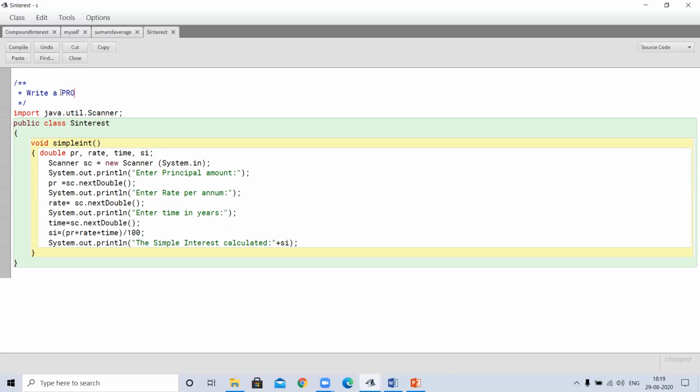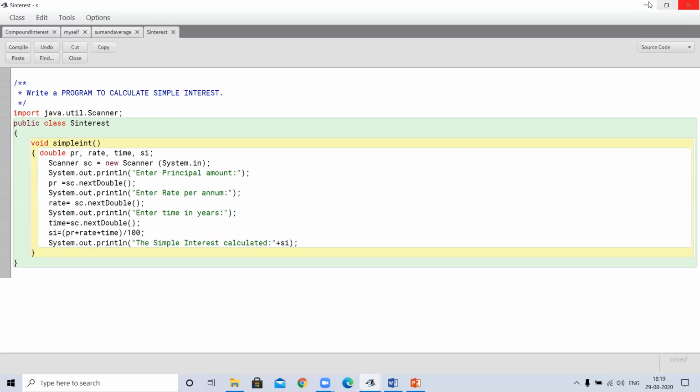Write a program to calculate simple interest. I think you will understand, because with the help of function name and class name it also becomes very easy if your class name and function name are according to your program.